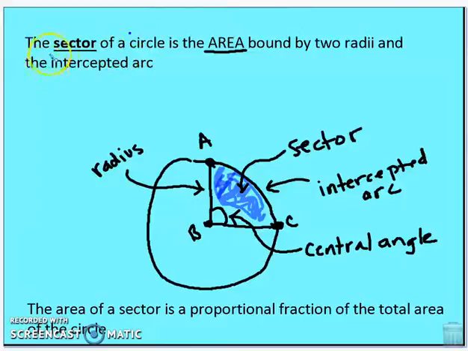So before we've talked about sectors of a circle. A sector is the wedge of a circle. It's an area bounded by 2 radii and the intercepted arc. It's proportional to the fraction of the total area of the circle relative to the central angle. All right, so